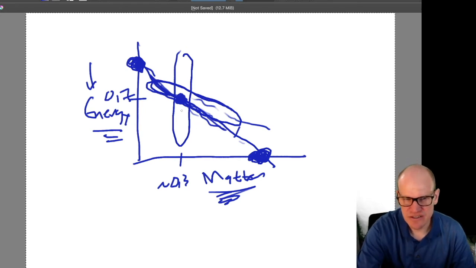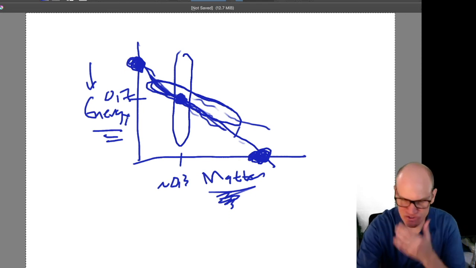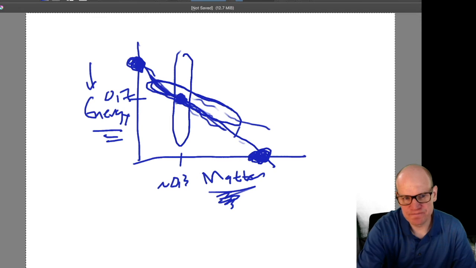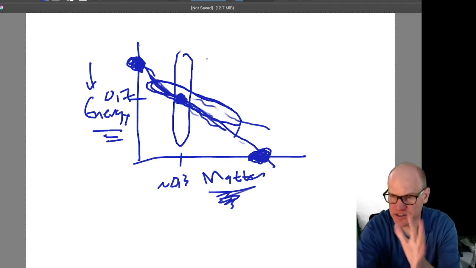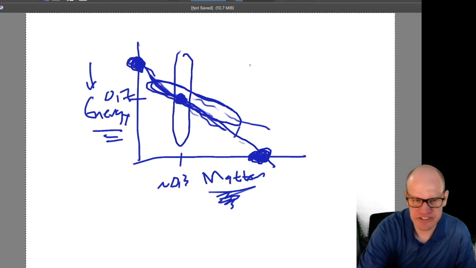So that's roughly where the universe lives: 1/3 of the energy density of the universe is in the form of matter, including dark matter, and 2/3 of it is in the form of energy. There is another measurement that was made that we'll have to go into detail later. We can't do it right now. That is the supernova measurements, the discovery of dark energy. And I have a whole video on dark energy.